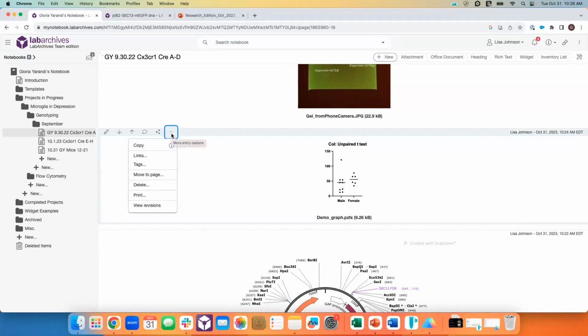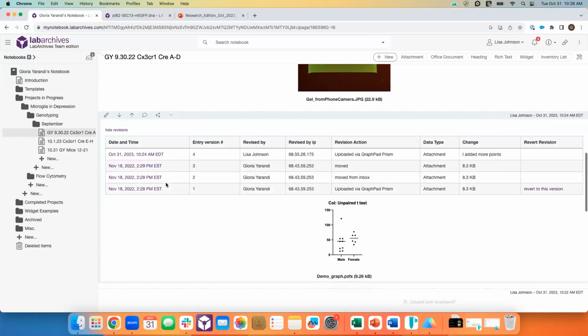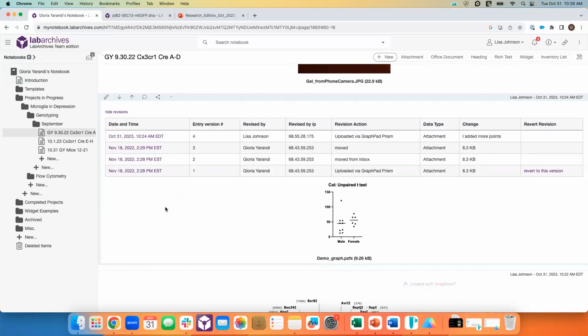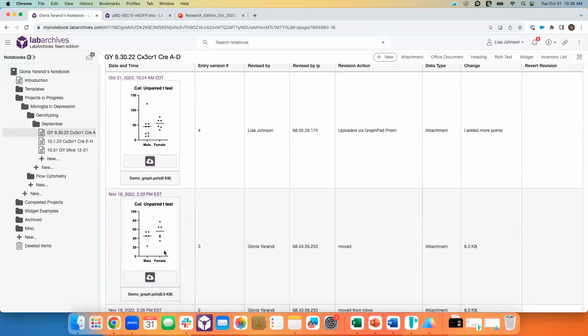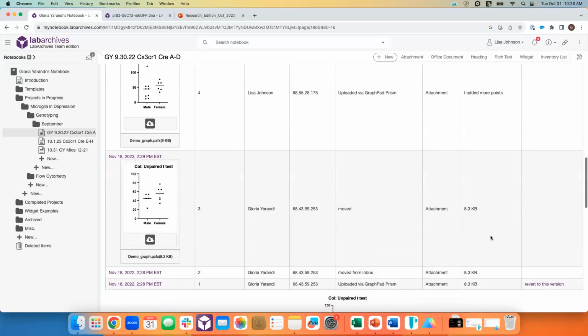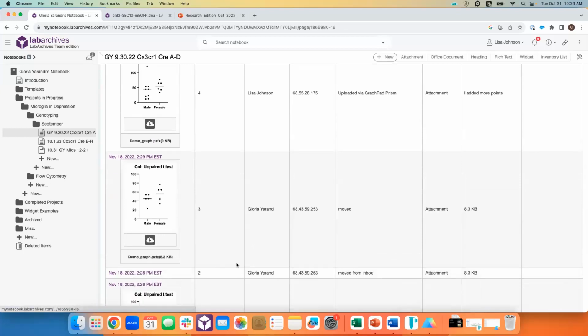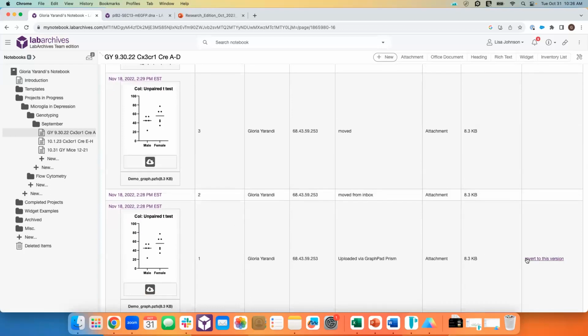first I want to show you the updated Prism file that we revised. And same thing applies if I go to Revision History. You'll see all the changes that have been done to a certain Prism file. Notice how under change, you'll see the comment that I wrote, I added more points, all appeared in my notebook. And when I click on the timestamp, you'll see the difference. And if I click to revert to the version, it'll go back to the prior version,